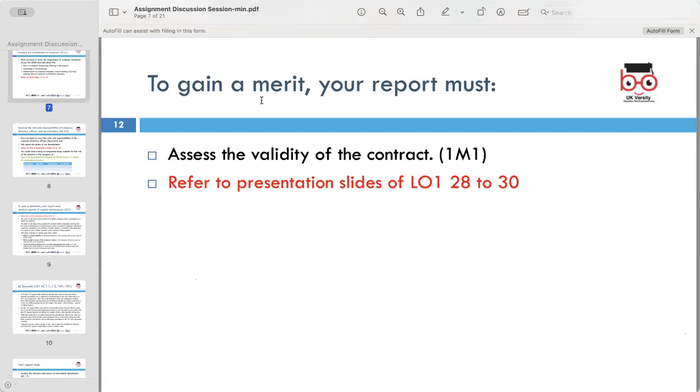Then number three, intention to create legal relation. Analyze if there is evidence of an intention to create legal relation. This is important for a contract to be legally binding. Evaluate the language used in the communication and the overall context. Here, to pass, you can only explain what a legal relation is, like you can say sections, whatever. If you see over here, pages between 28 and 30 or whatever pages they are.